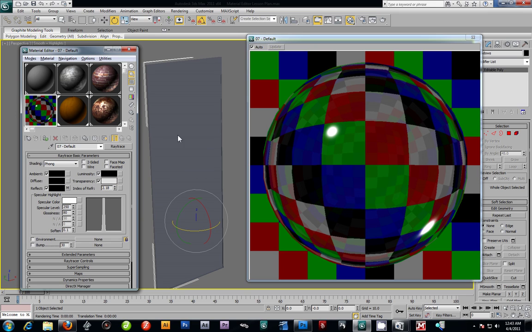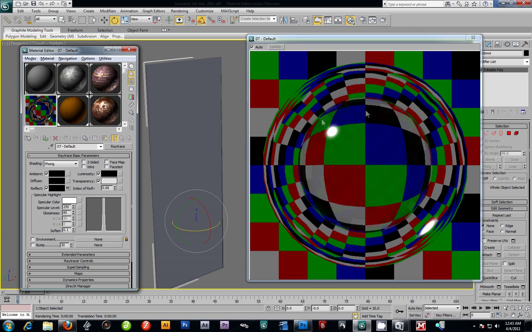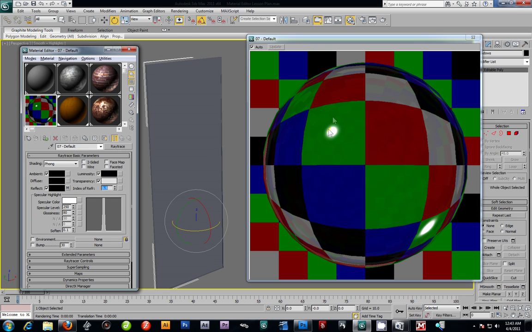Actually tighter it gets. The lower the refraction, the more it spreads it out. Like the fishbowl effect, or the magnifying effect: you look at it from one side and your eyes get really big. That's what that's doing. So let's go index of refraction 1.5. Let's keep it standard. Alright, now this is a great looking glass shader,